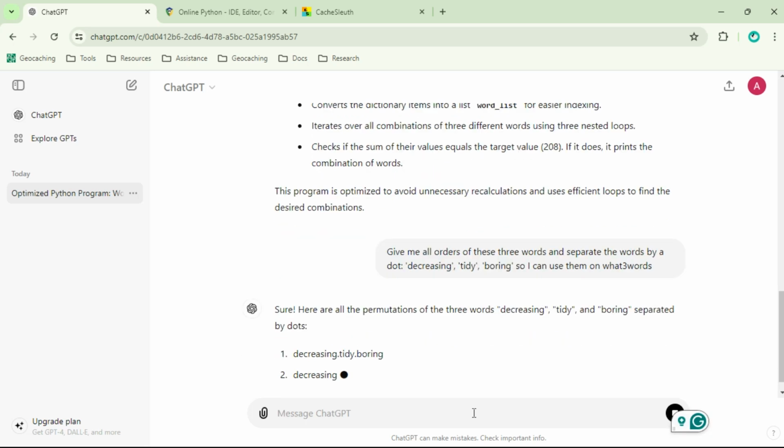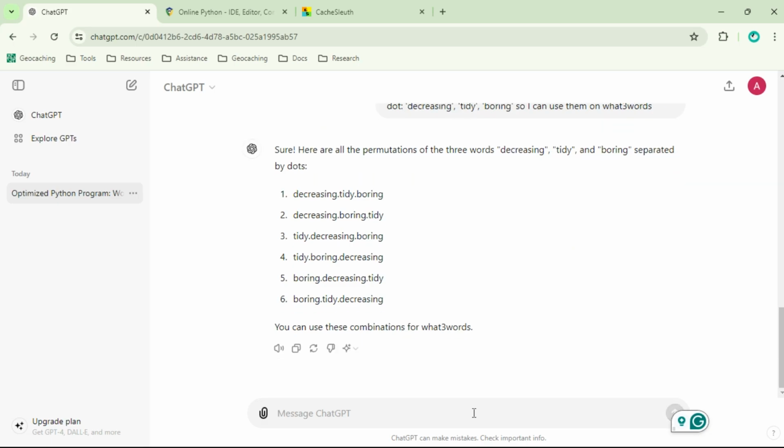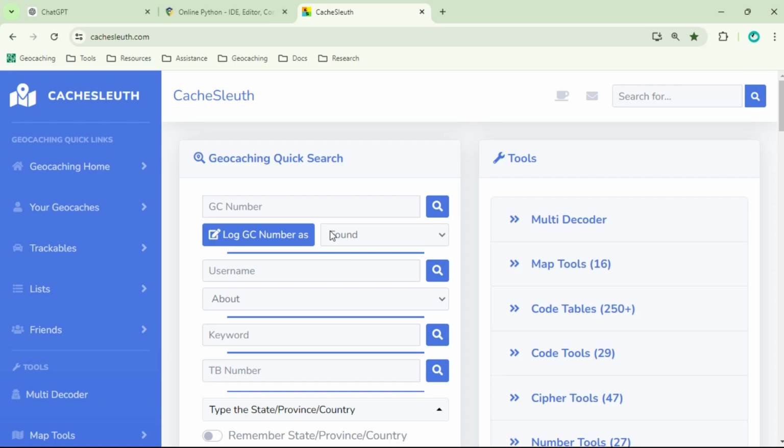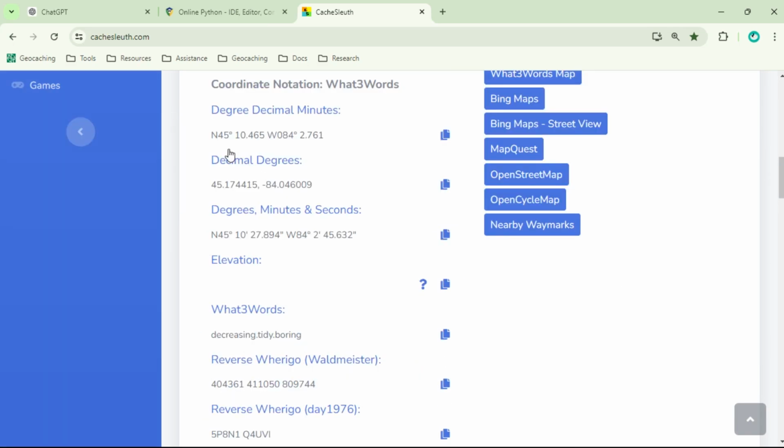So sure, and then it will give me all the different combinations. And then it says you can use these combinations for what 3 words? Great. So we'll try them out. So there turns out to be 6. That's very doable. So we'll put this, go to cache loop, paste them in here, say convert, and we see